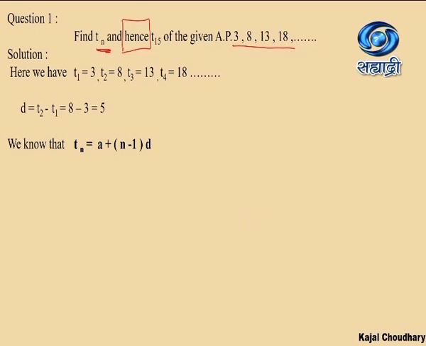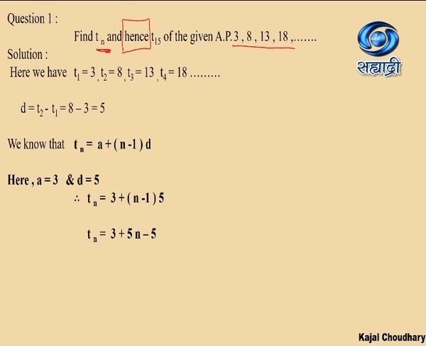And we had just now calculated the formula for Tn. So we know Tn is equal to A plus (n minus 1)D. Now what is A? A means the first term. What is the first term? 3 in the given particular example. So substitute the values over here. A is equal to 3, D is equal to 5. Therefore, Tn is equal to 3 plus (n minus 1) times 5. 3 is A and D is 5. So, we had just replaced them by their values.